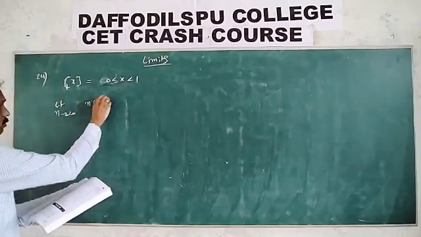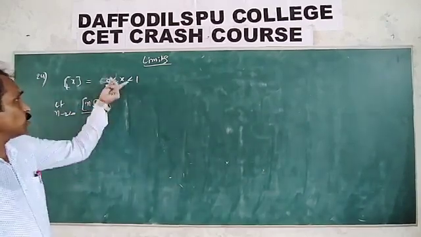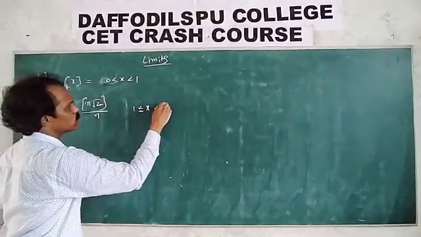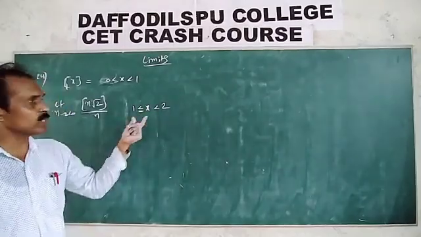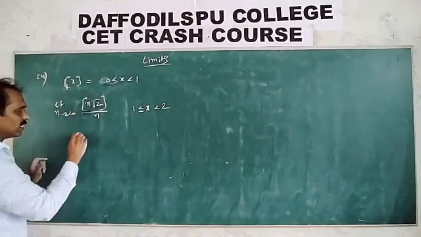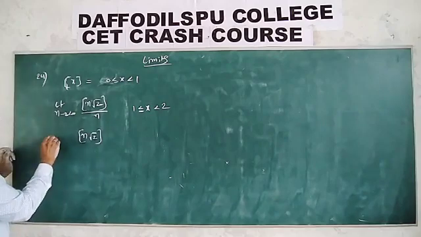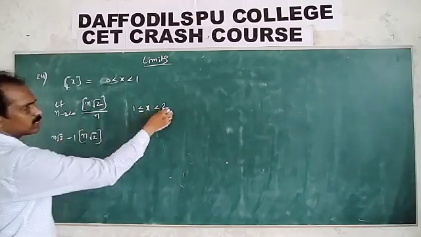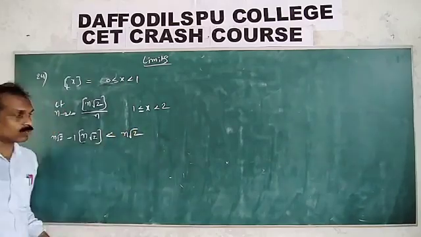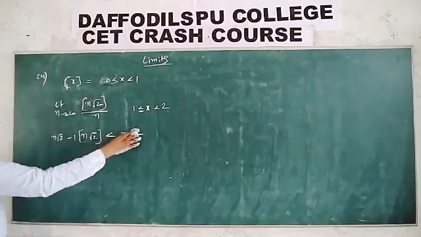limit of the greatest integer of n root 2 divided by n is equal to, okay, use this concept. Suppose we take 1 less than or equal to x less than 2. So 1 and 2 lie between, what is the f(x) value? 1. So consider this one, n root 2, f(x) value, n root 2 minus 1. Why? Because it lies between.